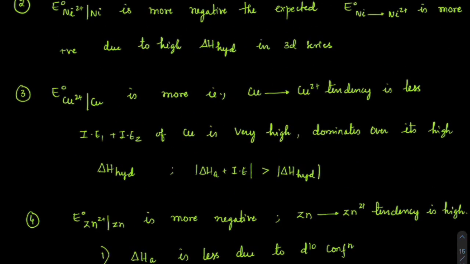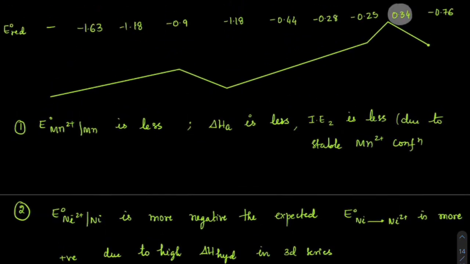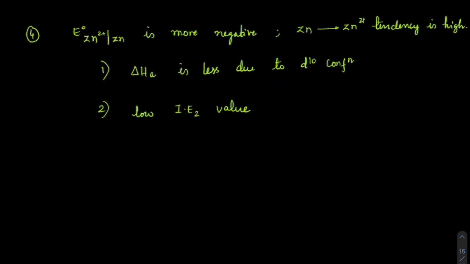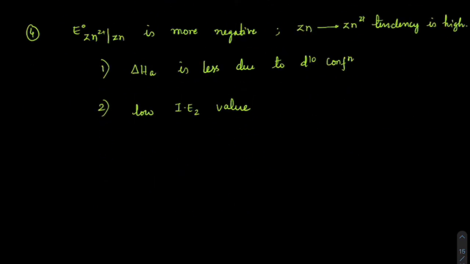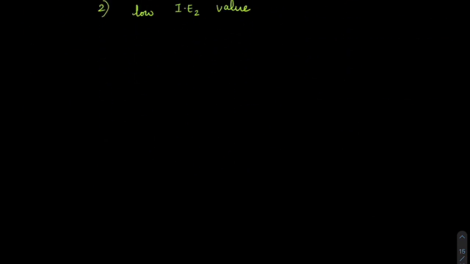I hope you understood these points. Directly in JEE, these pointers would be asked: what are the reasons for it? So you have got to remember, values are not at all important, beta, the trends are important. How the trend is changing, from where to where it is changing, where it is increasing, where it is decreasing, you have got to remember. Now, the next electrode potential, which is the second electrode potential, is about E naught M+3 to M+2. Okay.